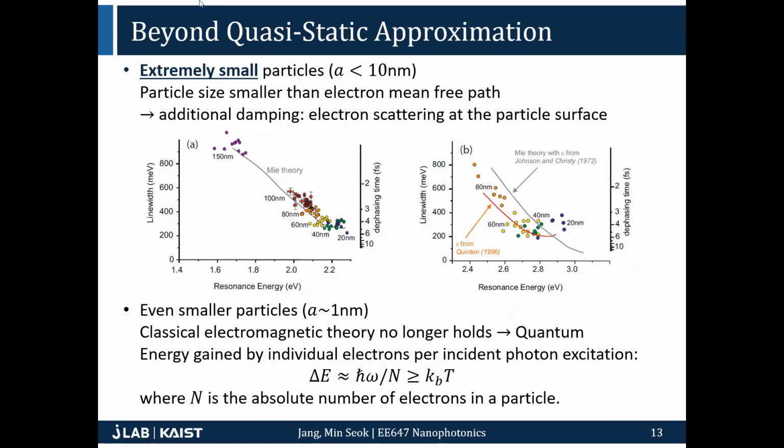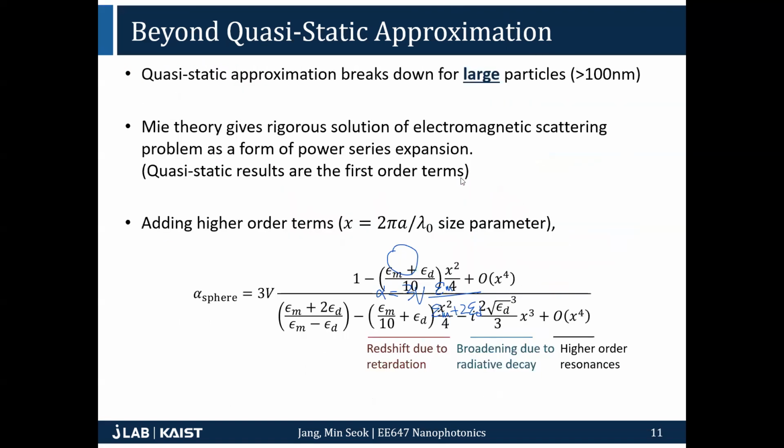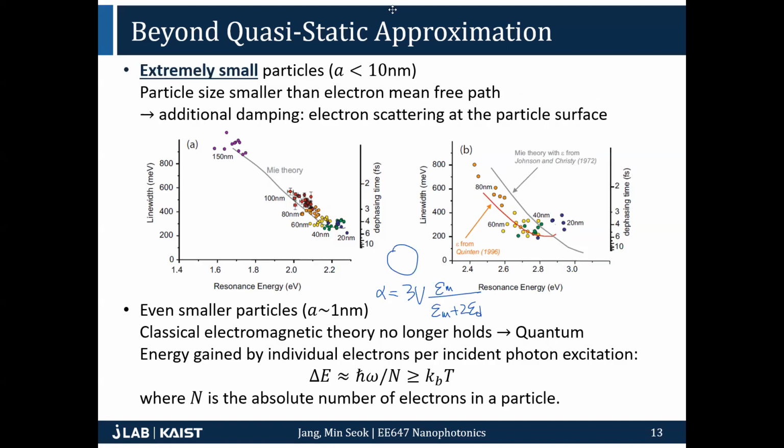Another interesting question: again, alpha, the polarizability of a metallic nanoparticle, is 3V times epsilon m minus epsilon d over epsilon m plus 2 epsilon d. So the question is, what happens if we have the same size of a sphere filled with air, but now the surrounding is metal? What would be the polarizability in this case, or the condition for the